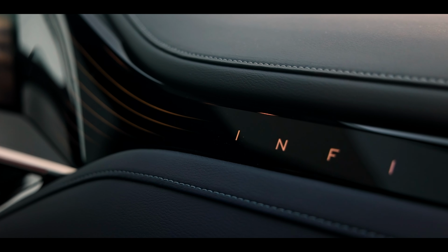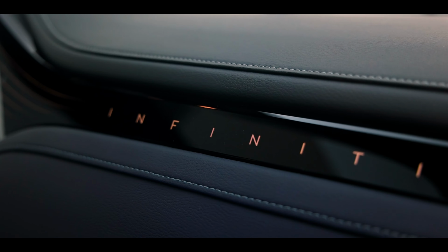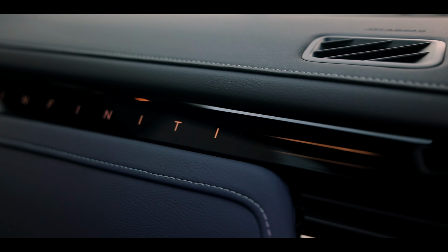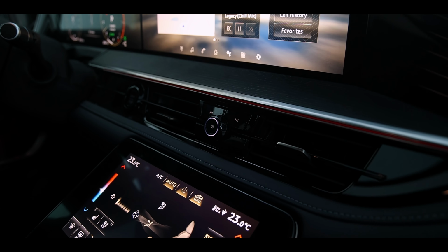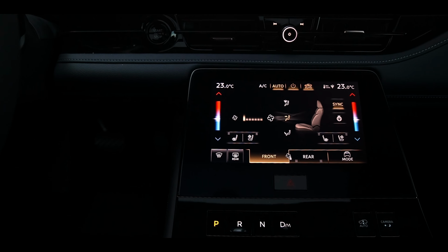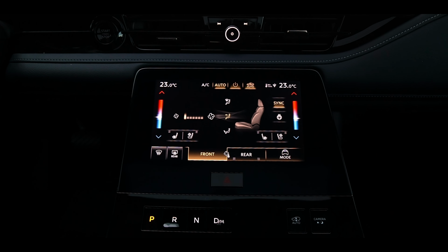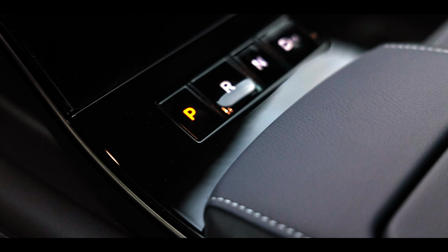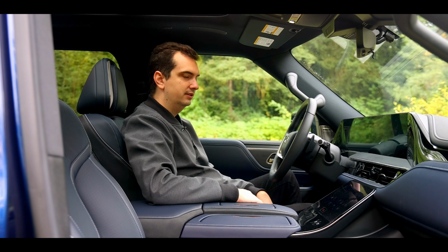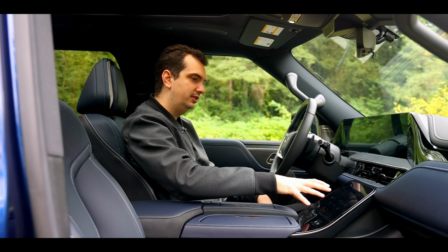The materials of the QX80's cabin are for the most part really good to the touch. There's leather across the door panels, dashboard, center console, and of course the seats. There's real wood right underneath the main infotainment touchscreen, but unfortunately there is also shiny gloss black plastic all around it as well. This material easily attracts fingerprints, smudges, dust, and scratches. So if you don't take care of it, it's going to look really, really bad, especially right here on the